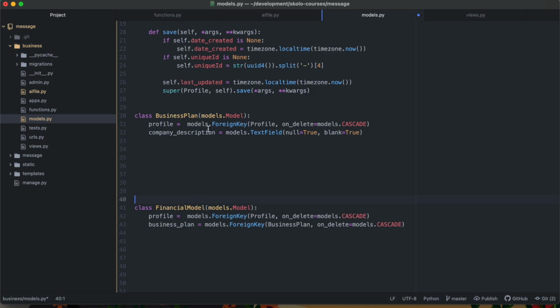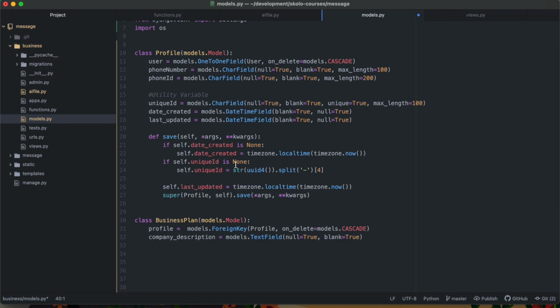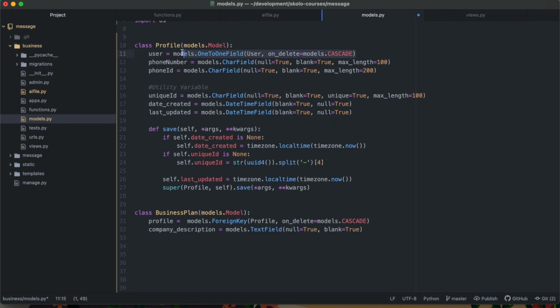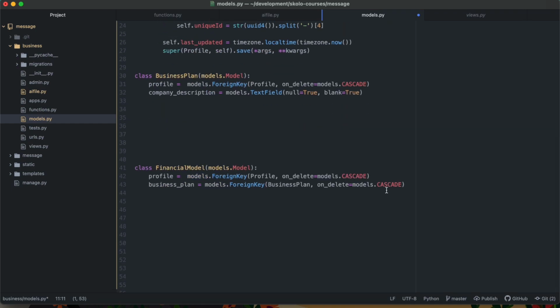Every financial model is going to be related. In fact, this can be one-on-one. Because when do I have more than one financial model for one business plan? No. So this can actually be one-on-one. So let's do the one-on-one instead of what we're trying to do here. The business plan will be one-on-one with the financial model. So let's copy that, because each business plan will have just one financial model, and then it will be related